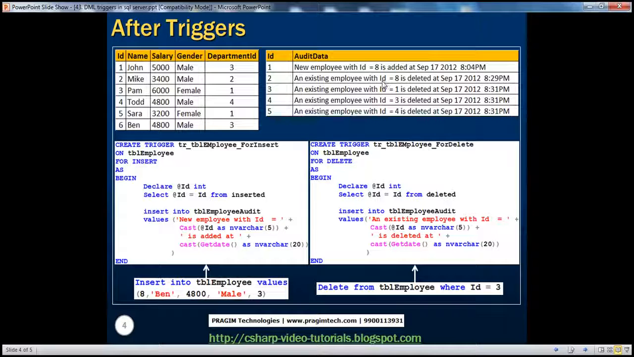Let's look at that in action. That would be much easier. Right, so here we have a trigger. Now look at this. Whenever you're creating a trigger, you create a trigger for a table and for a specific event. Okay, now for this example we want to create a trigger on this table TBL employee for insert event,